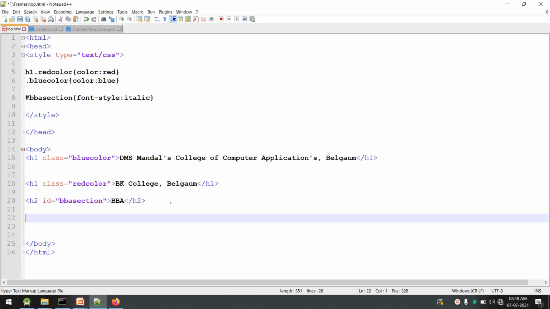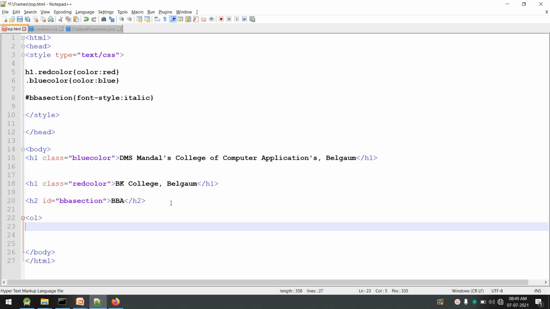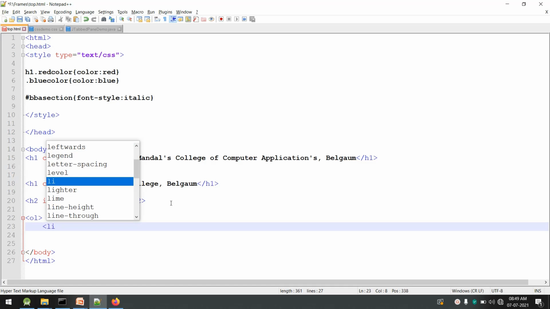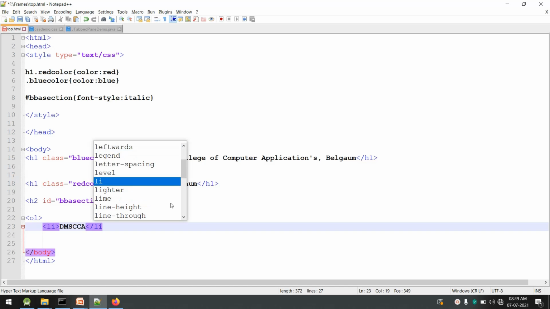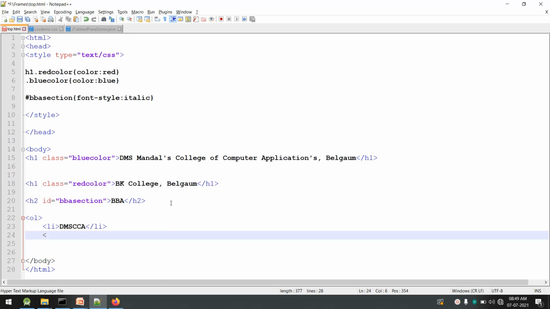Let us create a list. Now I'll create an ordered list here. We have already seen how to create an ordered list by using OL, and the elements in an ordered list can be declared with li. So we will create an ordered list, say DMS CC. Then the first list item is closed, then another list item, and I'll say DMS BB.